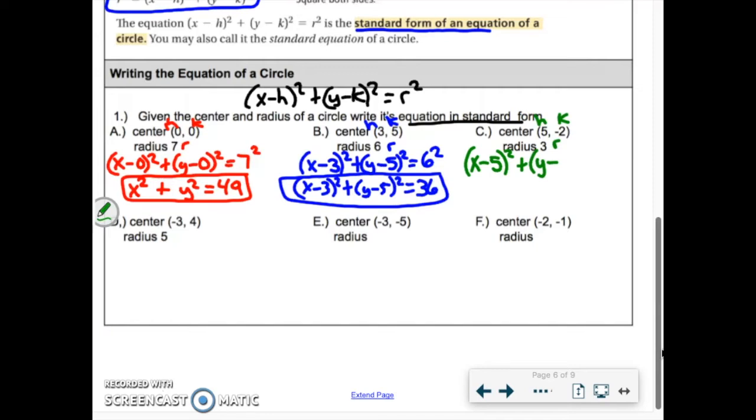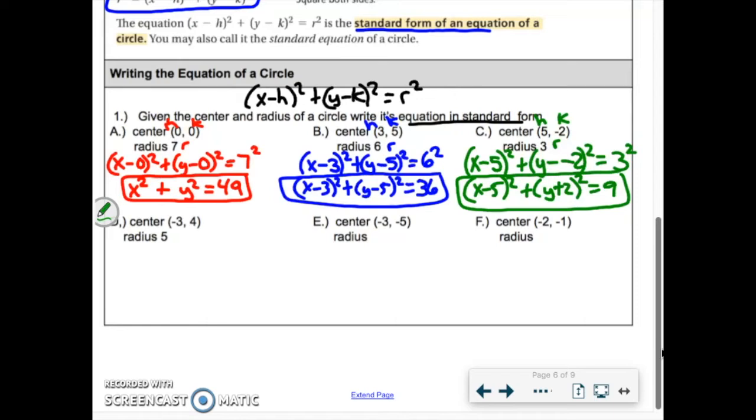But when you plug in k, k is negative 2 squared. That's equal to 3 squared. Okay? So when you get something negative for h or for k, what ends up happening is you end up subtracting by a negative, which is the same as adding. So we change the y minus negative 2 into a y plus 2. So if you get a negative h or a negative k, that's going to be a plus sign in the